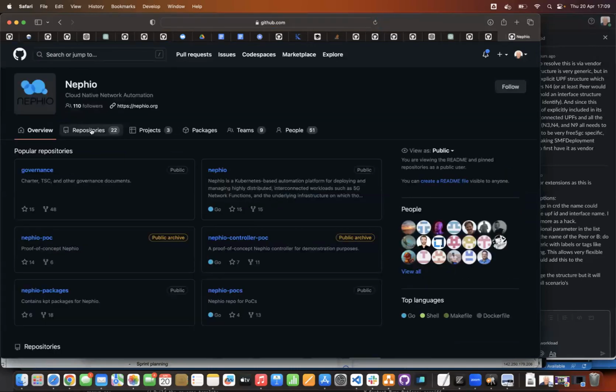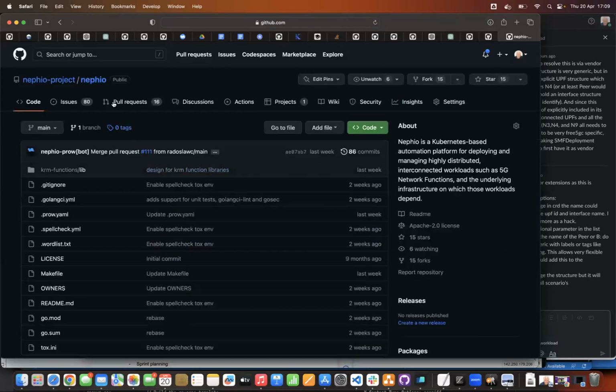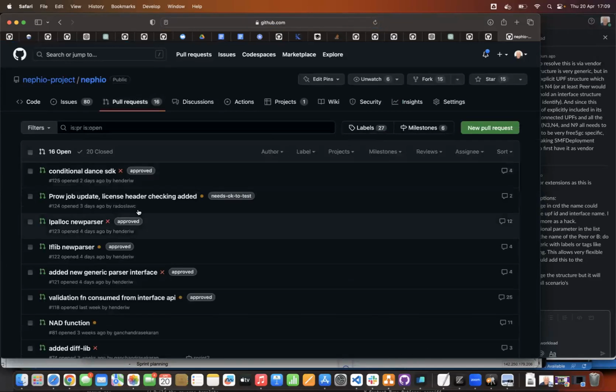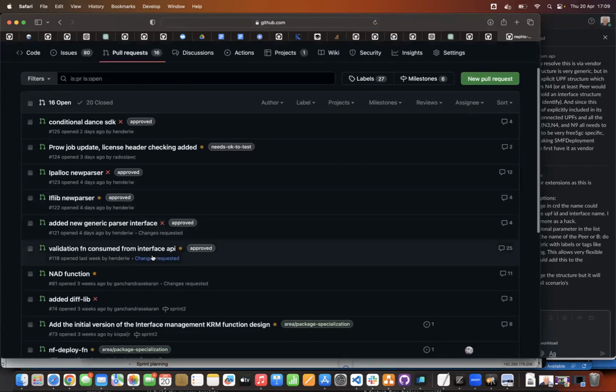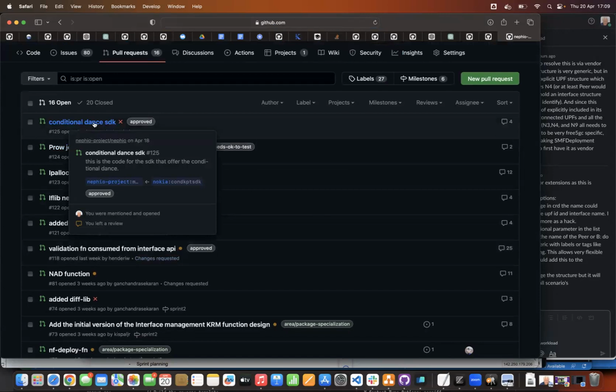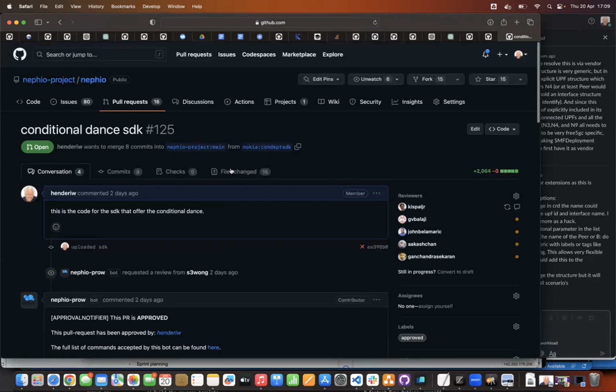Then the repository Nephio. So there's a bunch of them. Okay, maybe I'll start from the top, right? So this is the SDK. There is a design document in it.